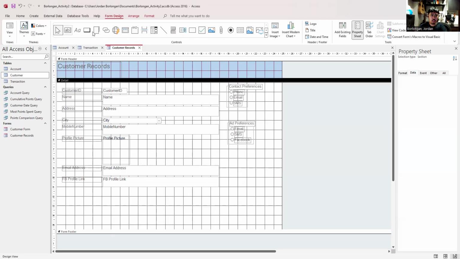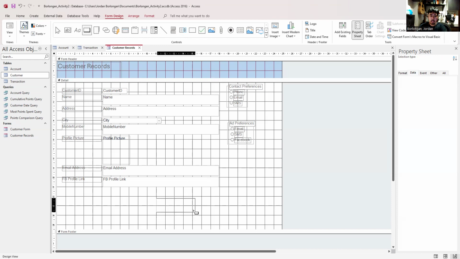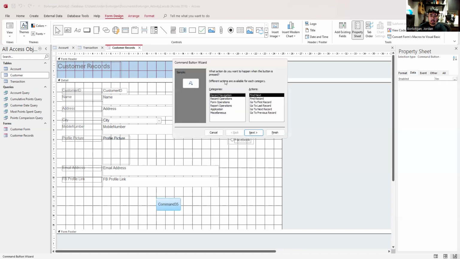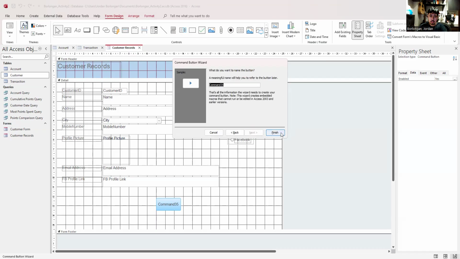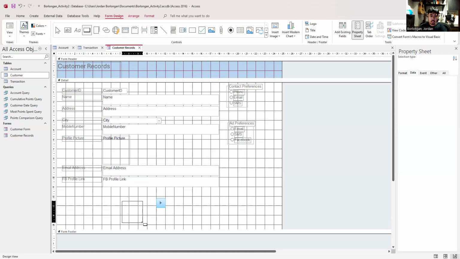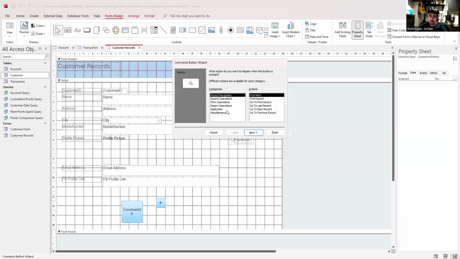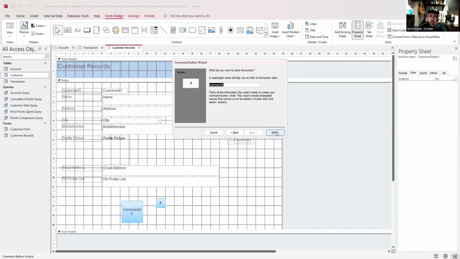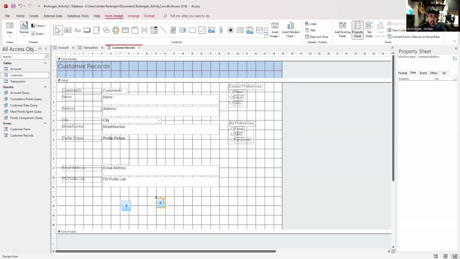And then I'll also add buttons to navigate. So next record, okay. I'll add additional ones also to previous.